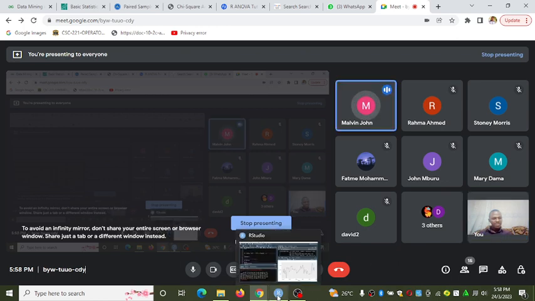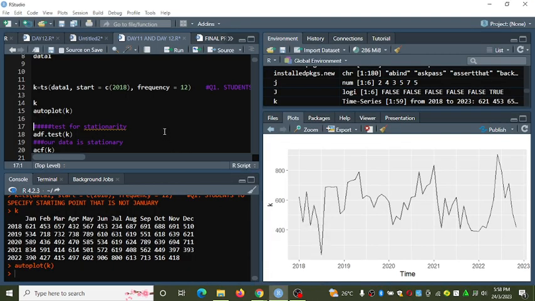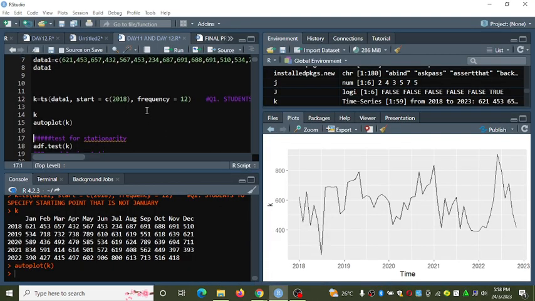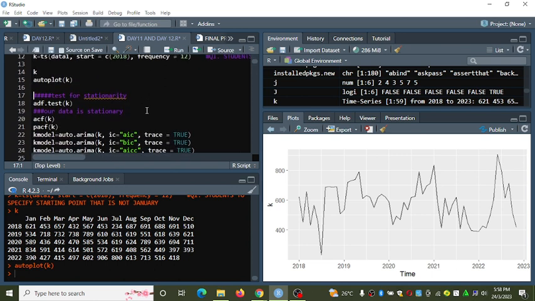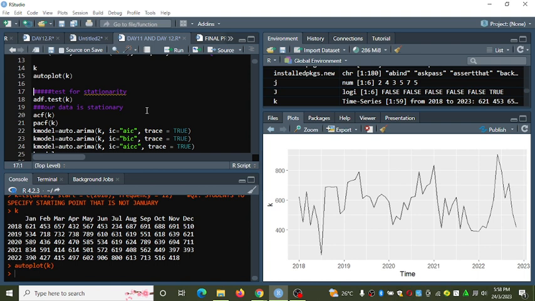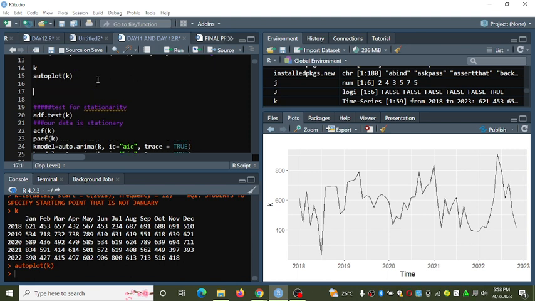So maybe is it setting or what? Maybe you can check your settings then share. Maybe later, not now. Okay, sawa. So I will check, and also the version that you're using, Mwalimu. Pardon? Maybe you can share with us the version of RStudio that you are using.